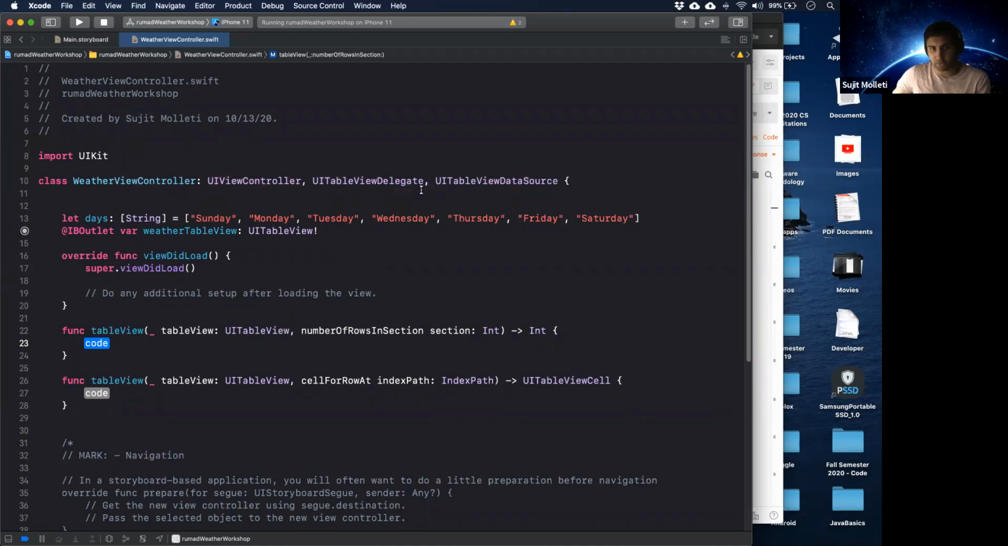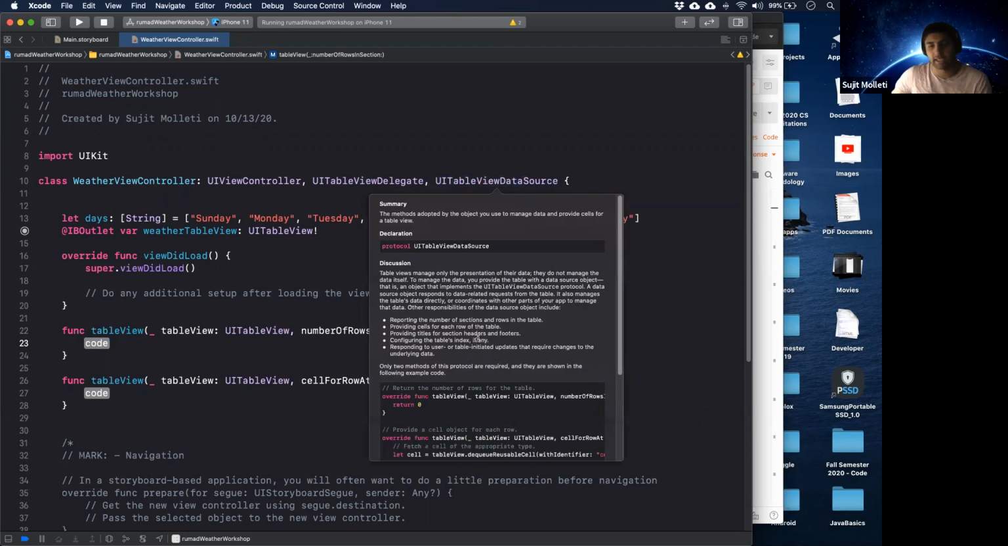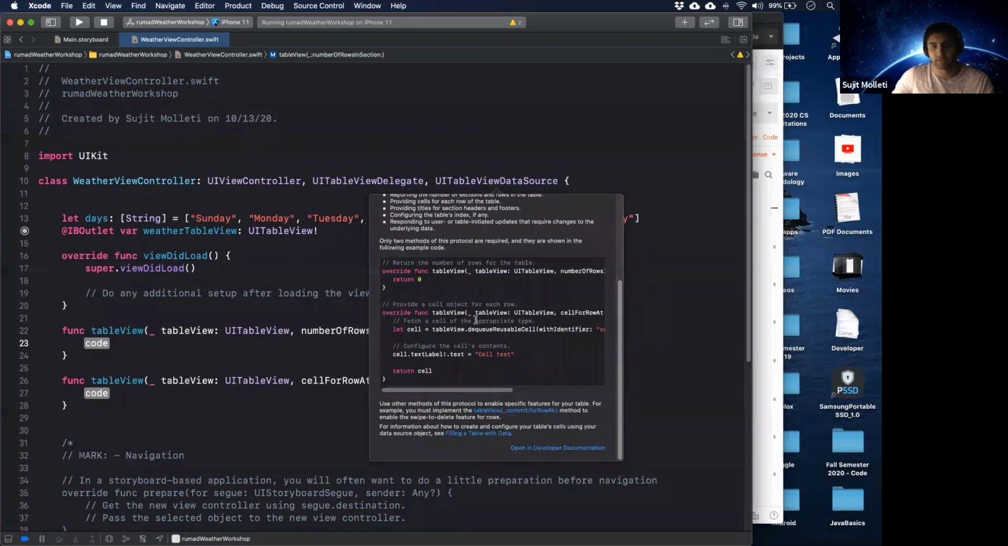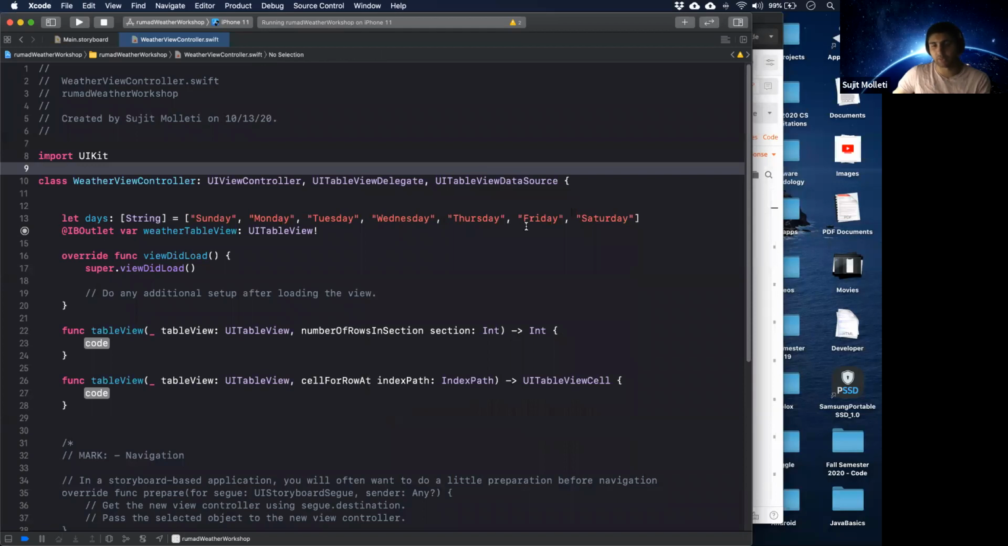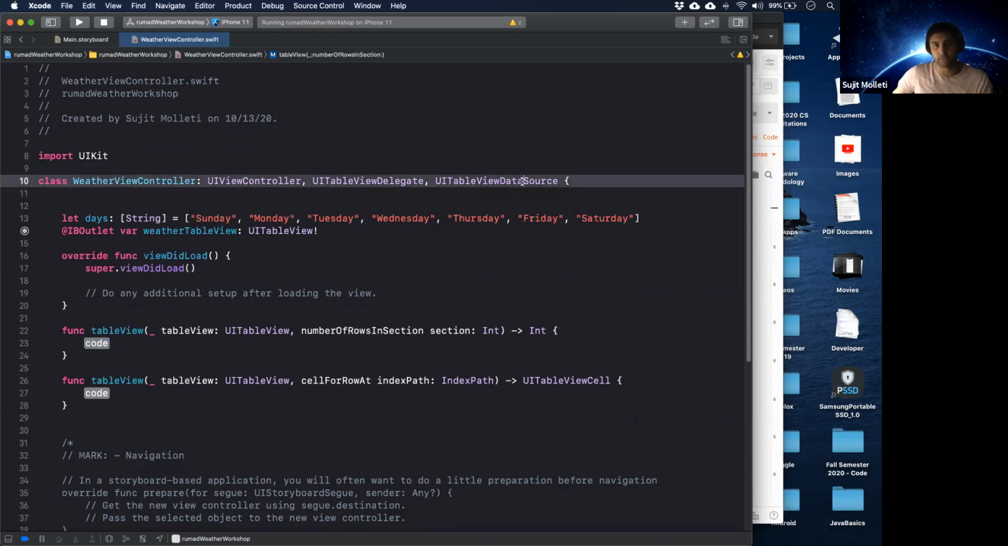UITableViewDataSource and UITableViewDelegate. You can hold Option and click these, and it'll give you a short documentation on what they are. So basically a summary is: the methods adopted by the object you use to manage data and provide cells with a table view. So it manages the data that we're providing to the cells. That's what the class does, and we're just inheriting it. And we're filling in these methods so